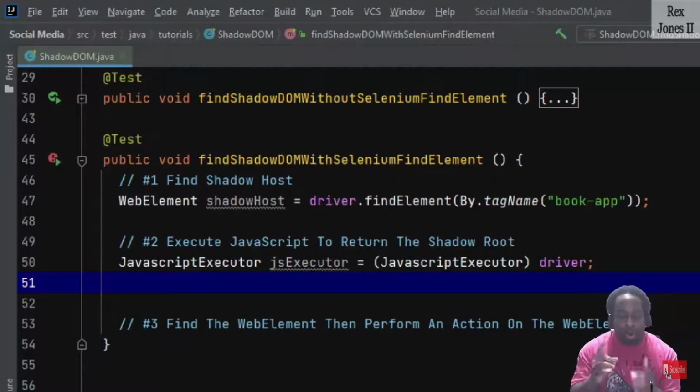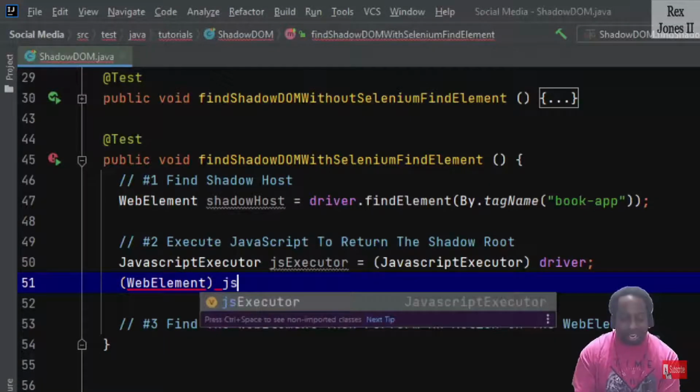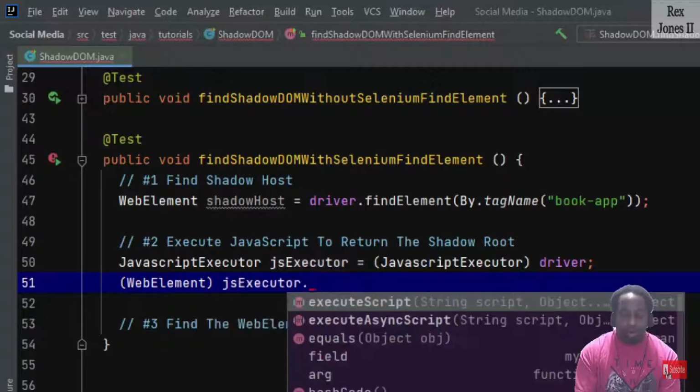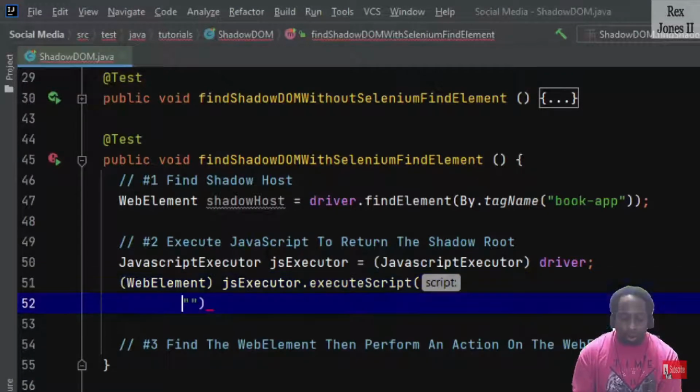The next statement will cast WebElement and use jsExecutor to execute JavaScript. We execute JavaScript with 2 parameters. Return